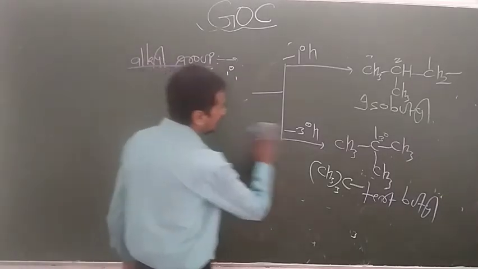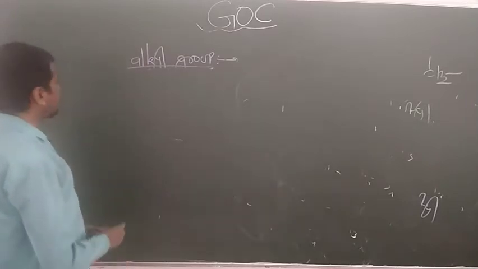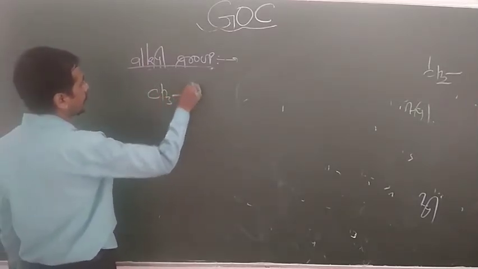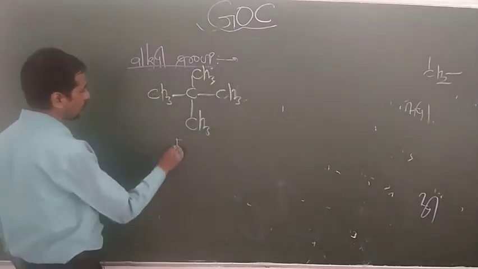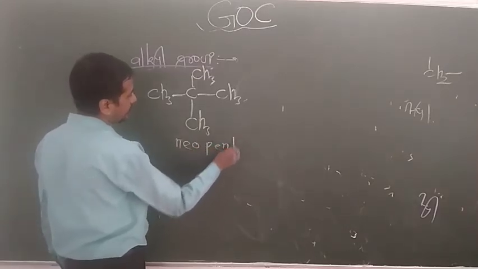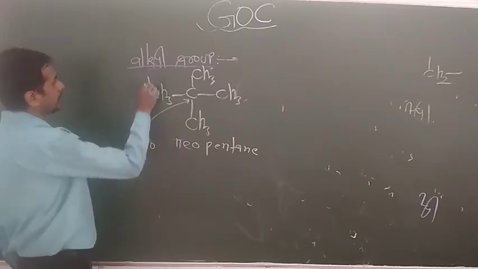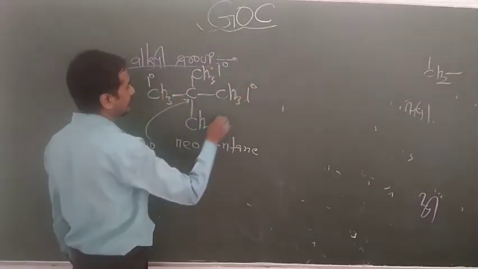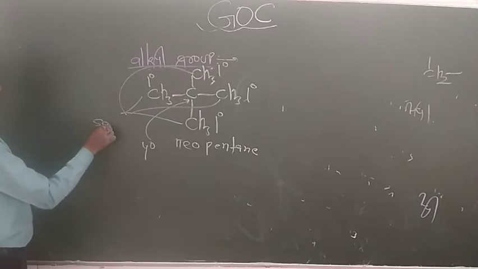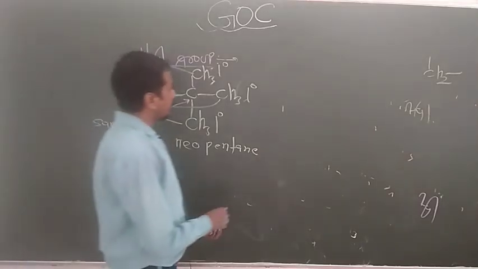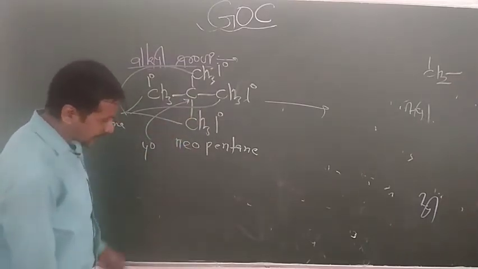Now one more thing you have to note down: about neopentyl, how we can form the neopentyl. Look at here, the neopentyl can be formed from neopentane. This I told you. So this is the formula of neopentane. This basically contains one 4 degree carbon, and these are all 1 degree carbons. These carbons are all the same. So only one condition is raised, because a 4 degree carbon has no H. This I also told you, that no 4 degree H is possible.